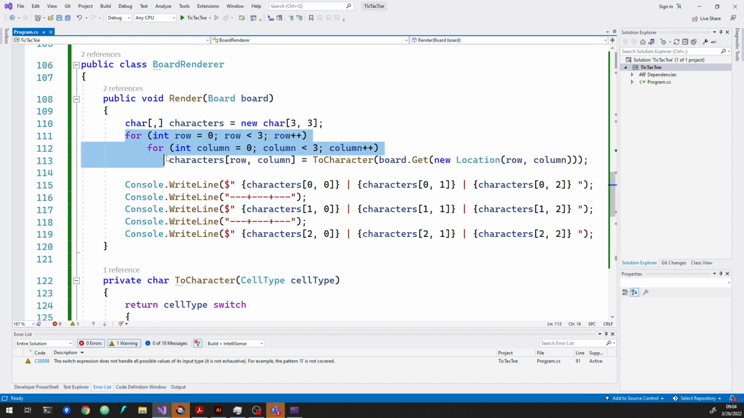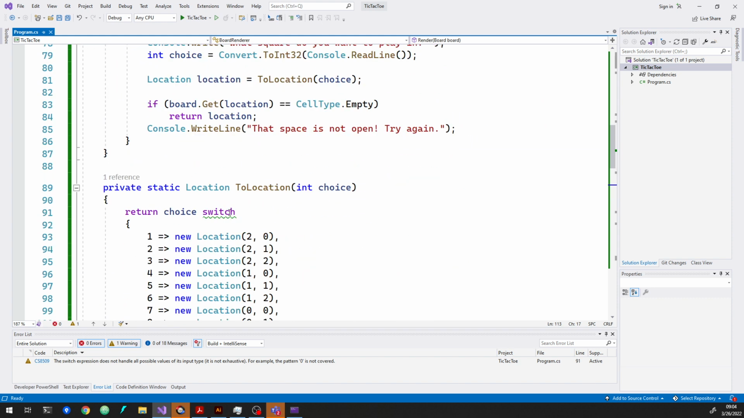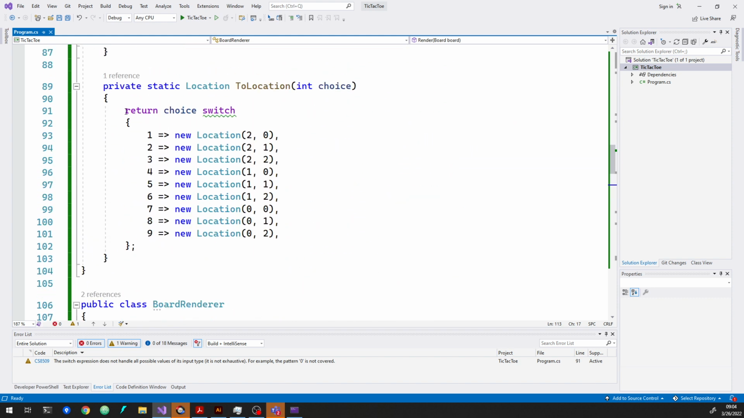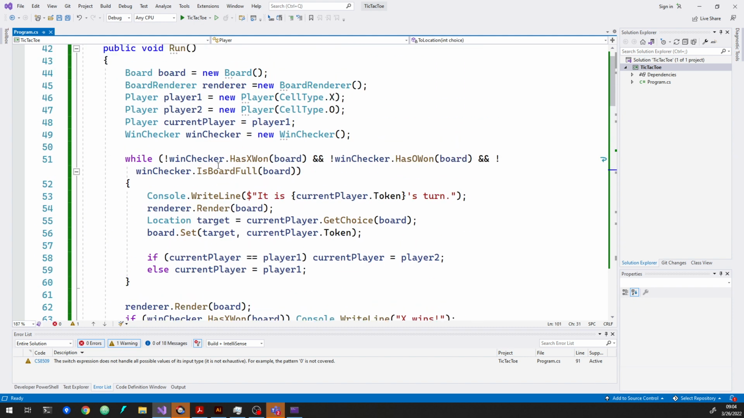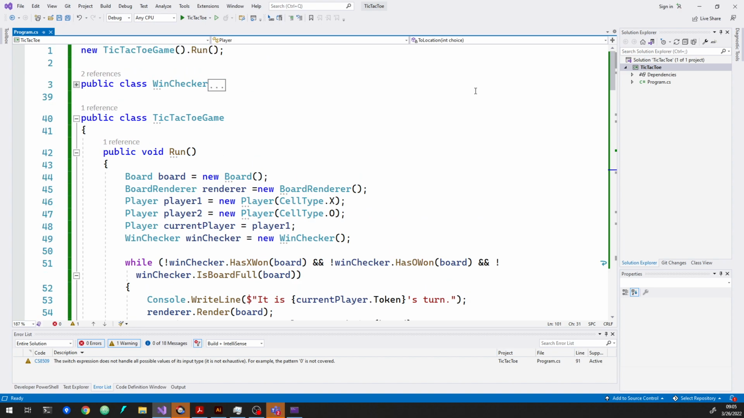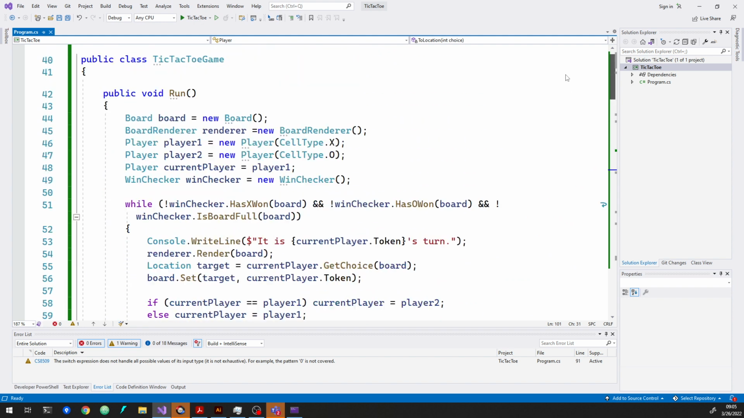Some people will have curly braces for all this stuff here. Some people might have ended up with a switch statement instead of a switch expression, so that could have ended up longer. Your version might be substantially longer than this. But if you've gotten this far, then you will have a